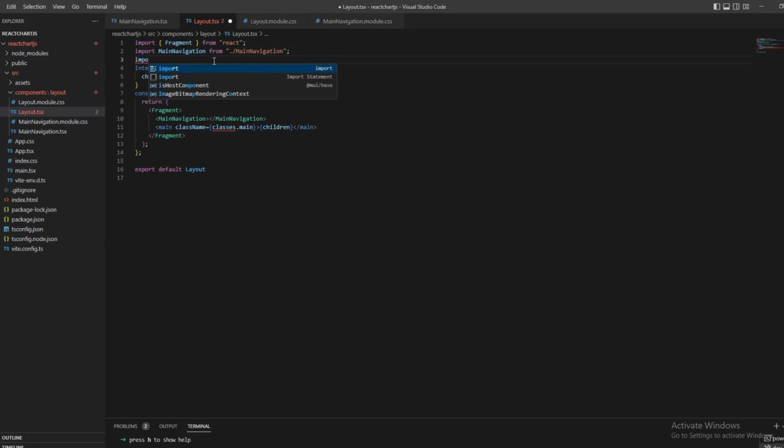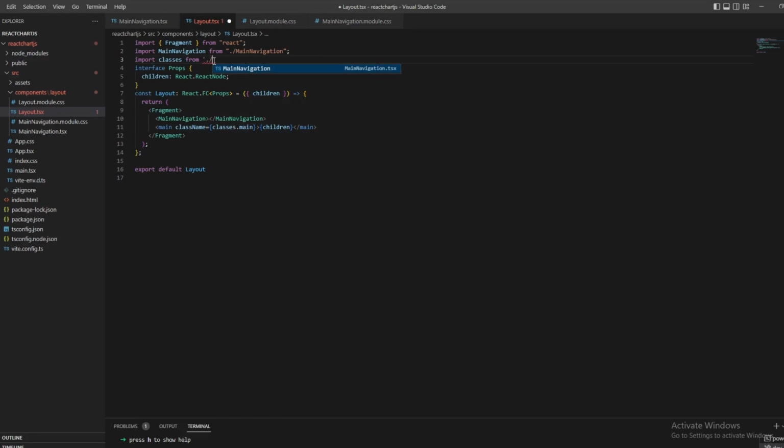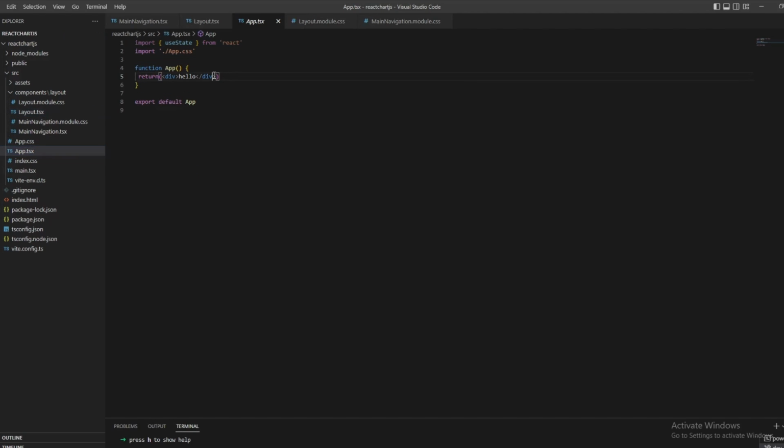And right now we must import classes from our layout module.css. So import classes from layout.module.css. And with this we're going to have a beautiful layout that wraps our main navigation. And right now let's move to the App component. So in the App component we want to put our Layout, and if we put it and import it,